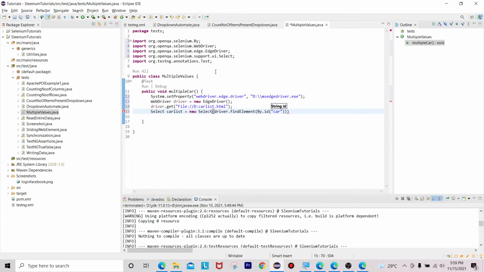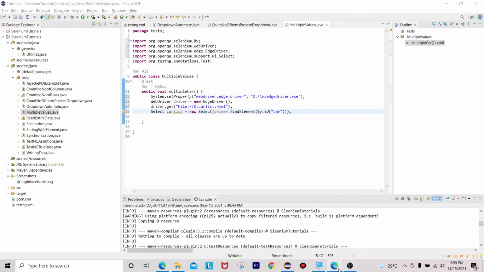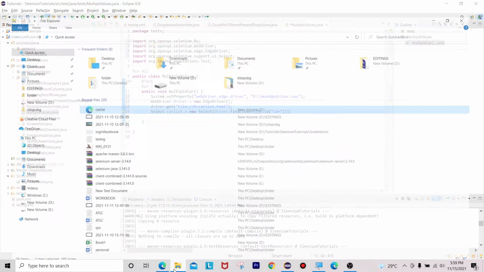If you inspect this one, sorry, not this one, let me close the remaining. Okay, so you can just open this one, you can start inspecting this one.